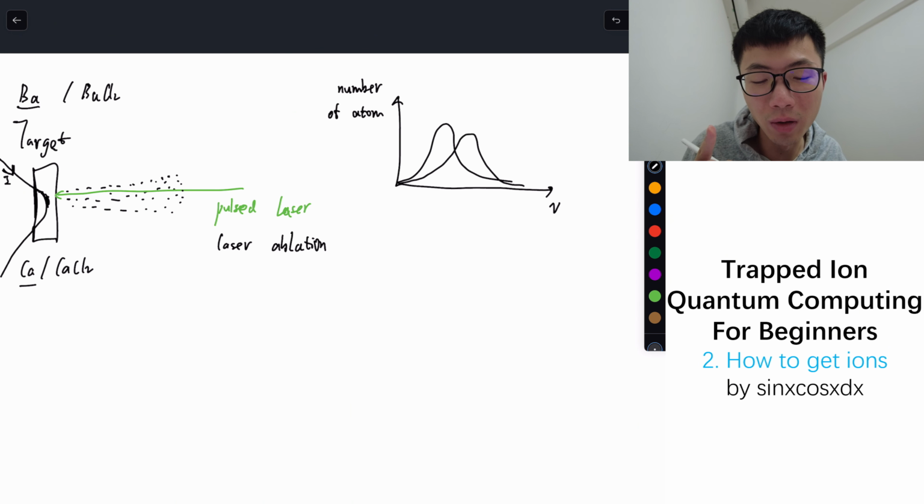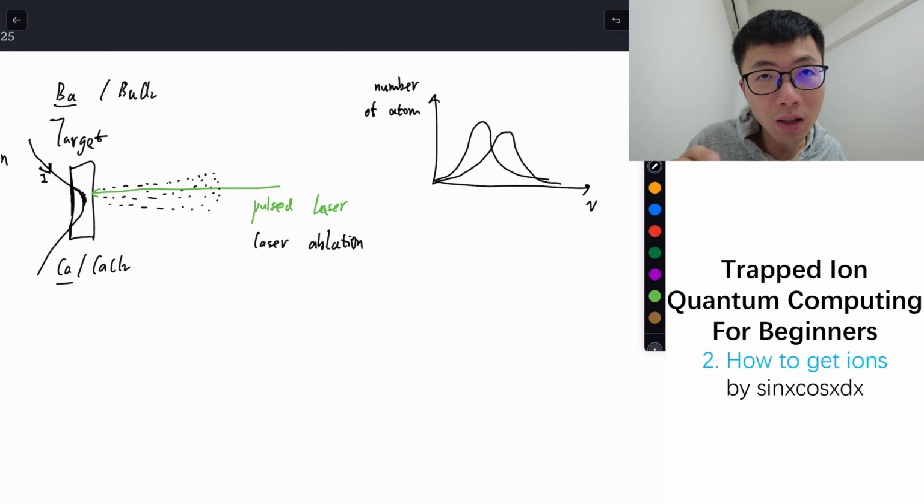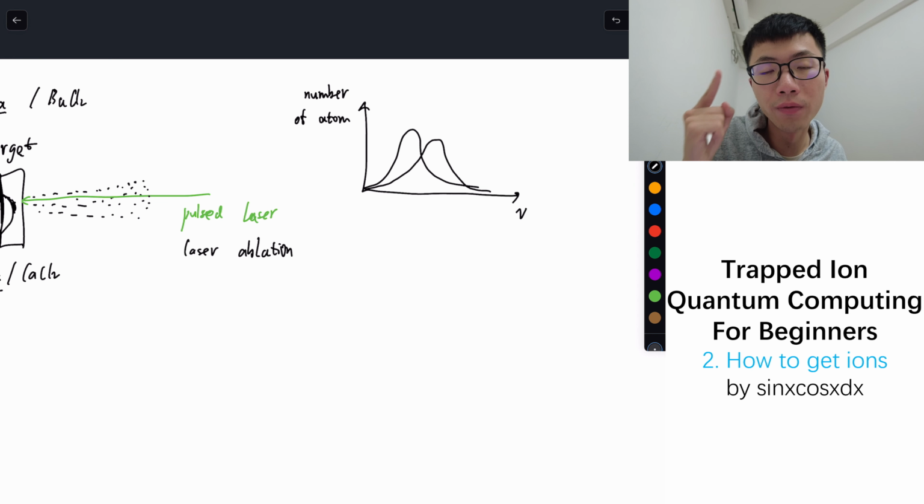And there is one problem. We will talk about it later. Here we just talk about how to generate atoms, and later we will ionize the atoms to become ions. And why do we want to get the ions? The next step is to confine the ions. We must be able to generate an electric trap, and then confine the ions so that we can manipulate the ions. So if the velocity is too strong, even if the atom goes too fast, it's harder to confine